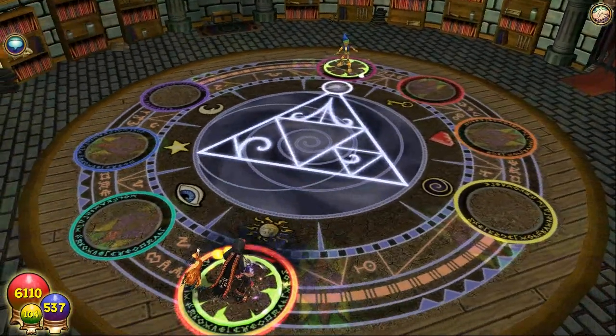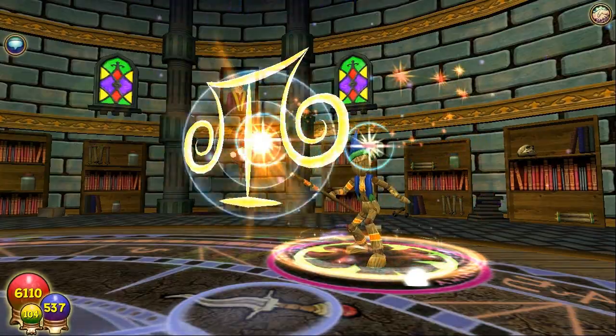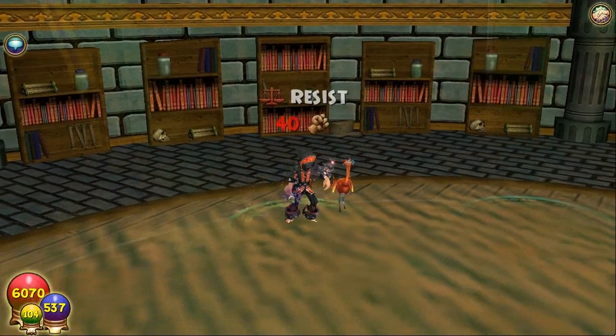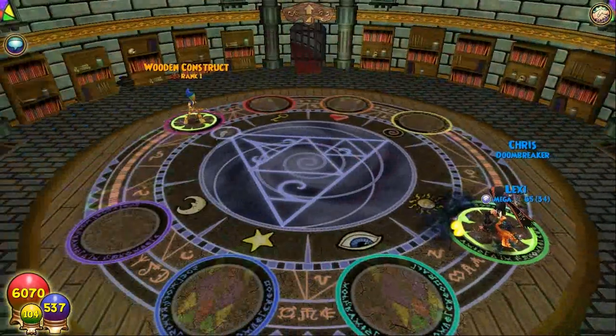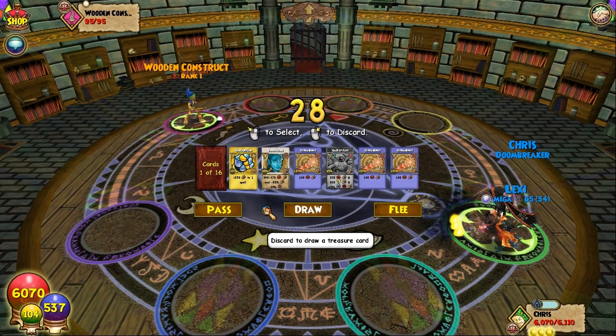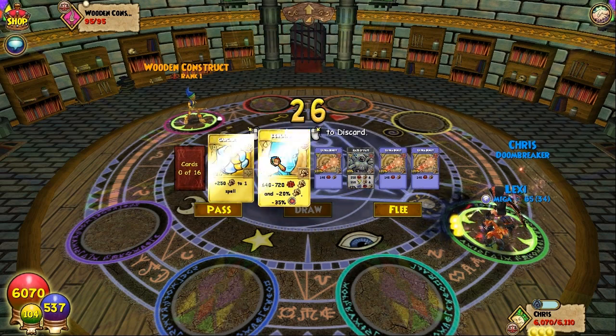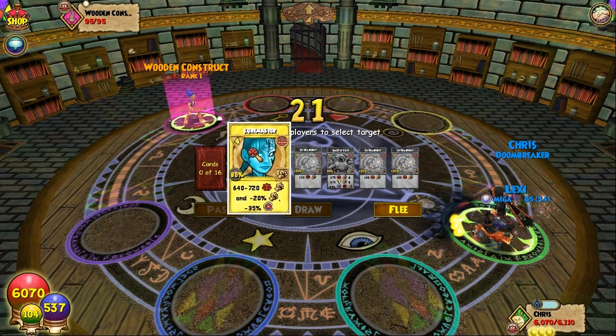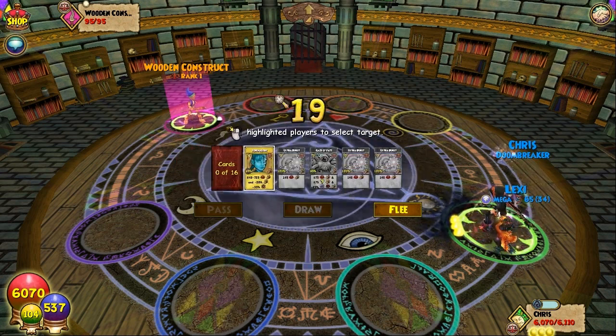Then just pass. Wait for the next round if you have more TCs to enchant. Just go ahead and pass, and keep doing this repeatedly until all of the actual cards that you would like to enchant are successfully enchanted, which in this case I have 2 more. So I'm just going to draw 2 more, and apply it to the Loremaster and the Gaze of Fate. So the Loremaster is currently now a treasure card, and I can use it on the wooden construct,